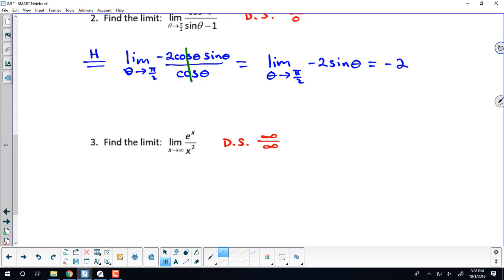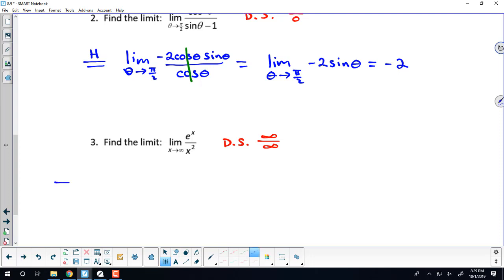Really, in situations like that with infinity, it's also helpful to know at what rate they are getting larger and larger. So e to the x grows much more rapidly than x squared does. So e to the x approaches infinity much more rapidly. What would we expect this limit to be if that were the case? Because the numerator is getting larger much more rapidly than the denominator is getting larger and larger. Okay, so let's see if that's actually